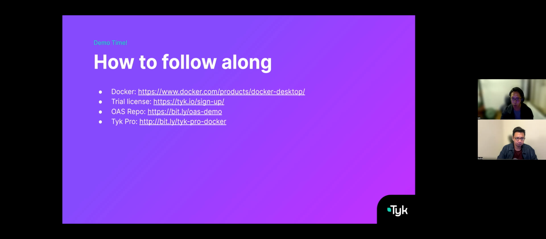So what I've included over here is 4 links for everyone to follow along. I do believe most of the people on today's session would have at least some competence in Docker, so we're going to use Docker Desktop. Tyk is actually very lightweight. I'm going to run the full Tyk Enterprise Suite on my laptop today. You can see that it's not going to take up a lot of resources. The Tyk Enterprise version comes with the dashboard, which makes it easier for everybody to consume.